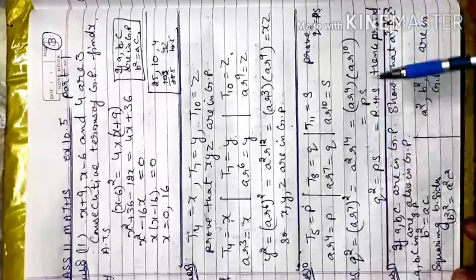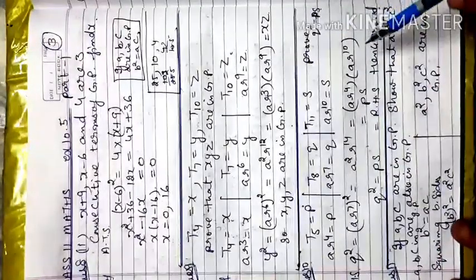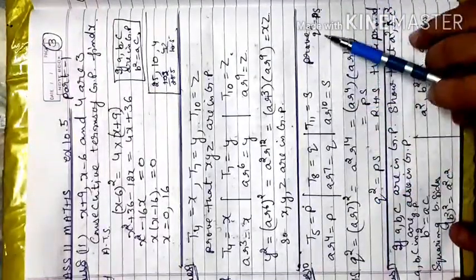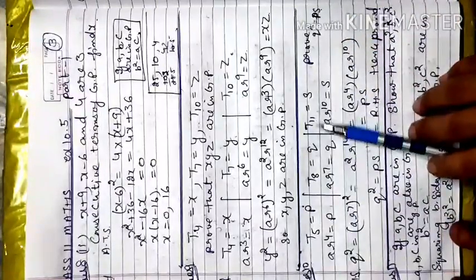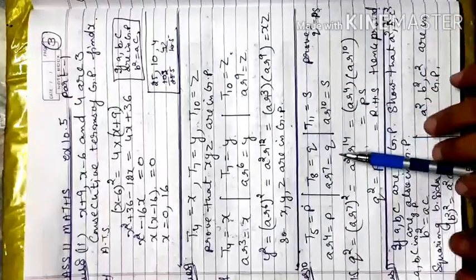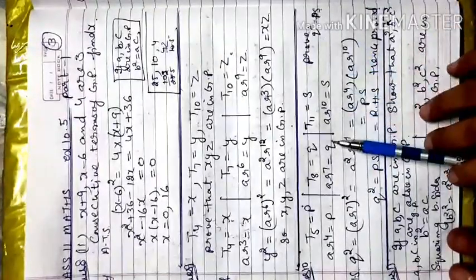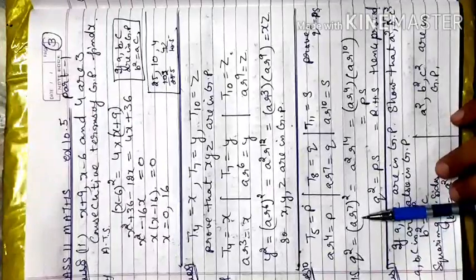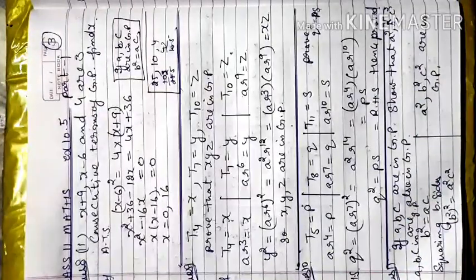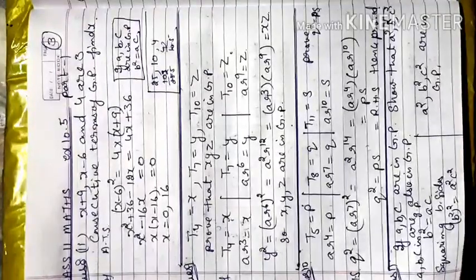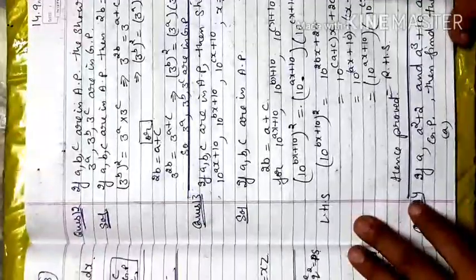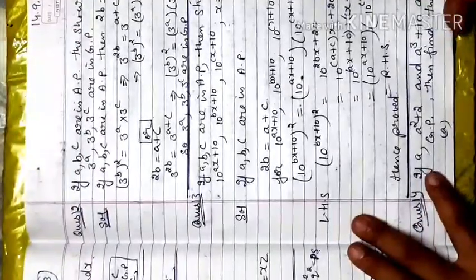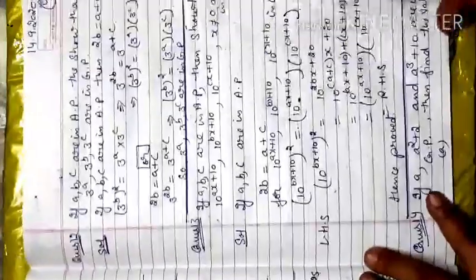Similarly, your 10th question is exactly the same: you have to prove q squared is equal to ps. Term 5, term 8, term 11 are given to you. You just apply the formula and start with the left hand side, q squared. Apply the values in the left hand side. If it is exactly equal to the right side, then that will be proved. Similarly, in question number 11, you have to apply the same rule: middle term squared is equal to first term into the last term. The 12th question also is exactly the same as the 13th question, which I will explain now.